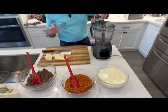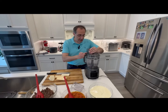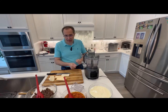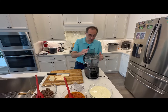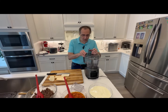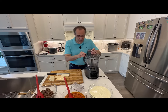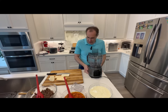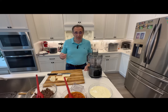What I wanted to show you is, in case you're not buying the pre-grated Parmesan, if you're grating it yourself, you can do it by hand. But if you have a food processor where you're able to add the disc to grate the cheese, it's really worth it. You'd be surprised how fast things become. The reason I'm moving out of my way is because eventually I'm going to use it here. My plan is we will need 2 cups of